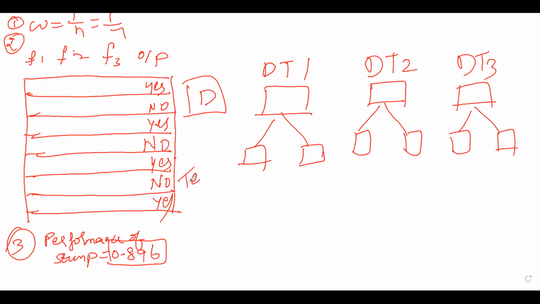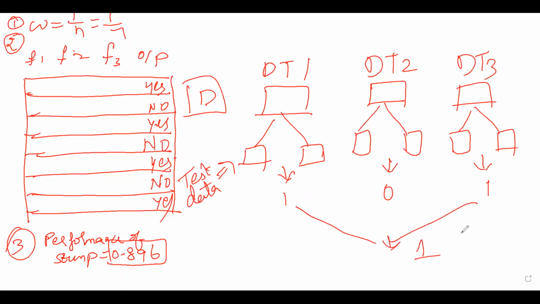So if you pass the test data to all of these, suppose decision tree 1 model gives 1, decision tree 2 model gives 0, decision tree 3 gives 1. From among these, we need to select the majority one, that is 1. So even though we consider different base learners like decision tree 1, decision tree 2, decision tree 3, and so on, what we are doing is taking all the predictions and finally predicting a single output, which is the majority vote. So weak learners are combined to become strong learners.